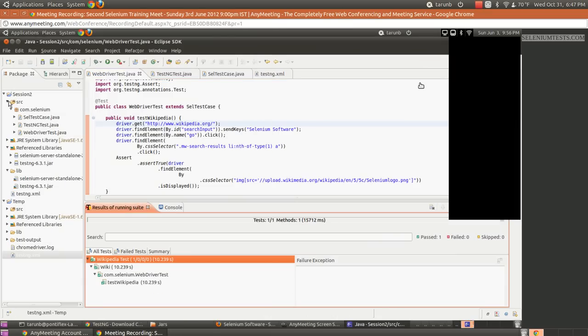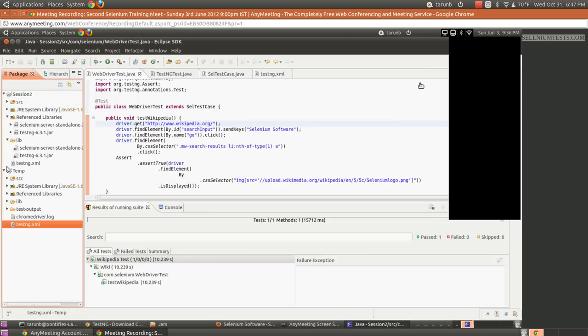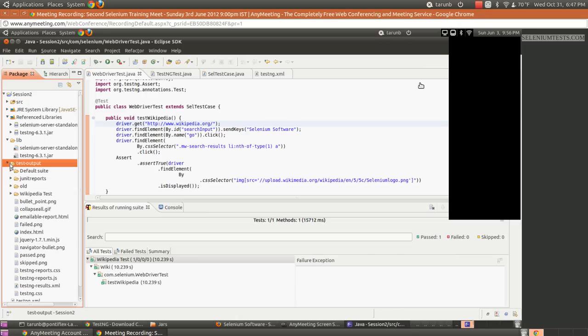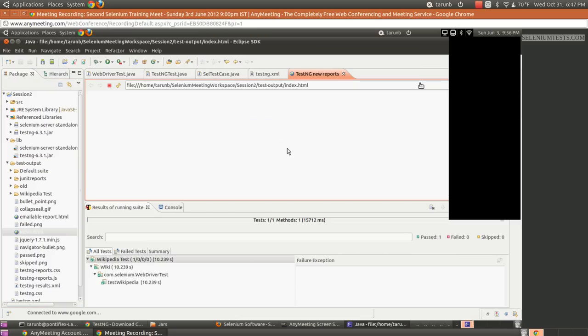So our test is over. Now I'll close all of these. If I refresh the project library at this point, you will see the test output folder. Have a look at my session 2 folder. I'll just refresh it. Do you guys see test output has come up there? In this we have something called index.html.